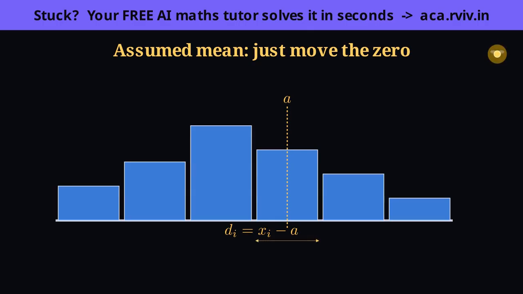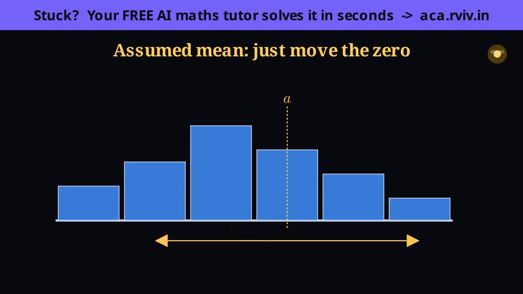So the balance point in the new labeling sits a fixed amount away, the same amount by which the whole ruler shifted. Shift the zero, and the mean shifts with it, lockstep. So the recipe writes itself. Find the average of the deviations, the sum of Fi times Di over the total frequency, and add it back onto A. That undoes the shift and lands you on the true mean. Same answer as the direct method, guaranteed, but the arithmetic is featherweight.